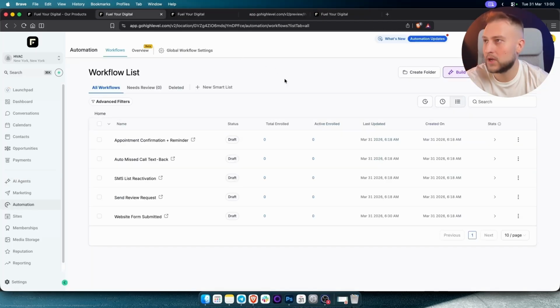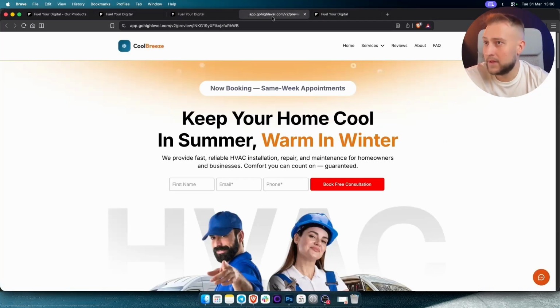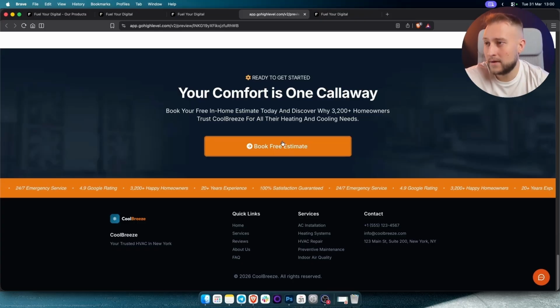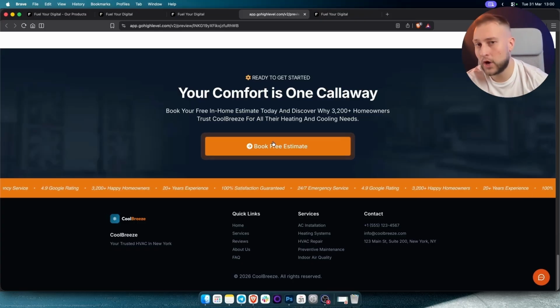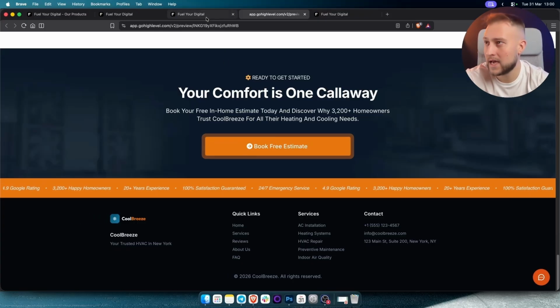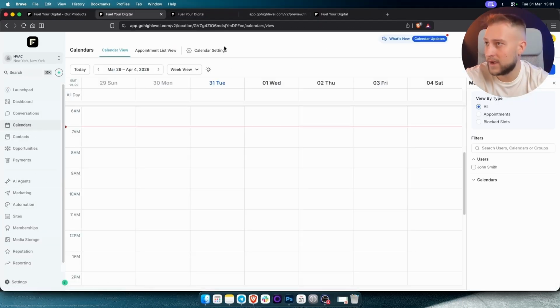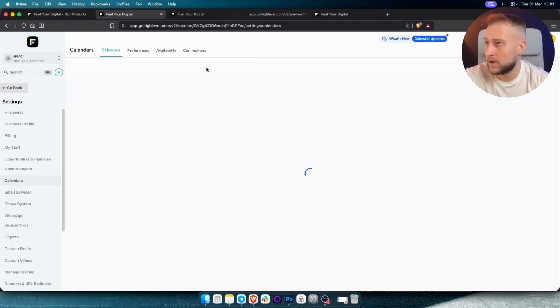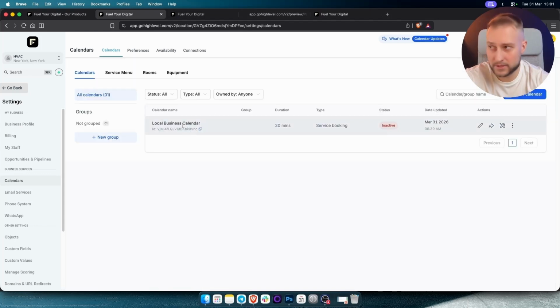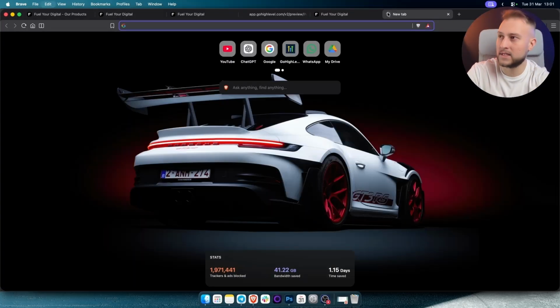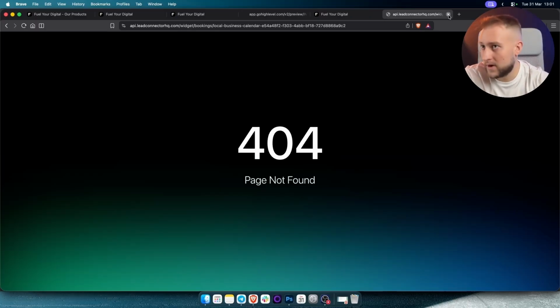Now, let's say someone actually books an appointment online. That can happen. You can also have right here, book free estimate. And when someone clicks on this, you can connect them to the calendar, okay? So we have a calendar right here. If I go to calendar settings, this one, it needs to be active, obviously. So what you can do is copy this calendar scheduling link, and this is how it looks. Right now it's actually not found